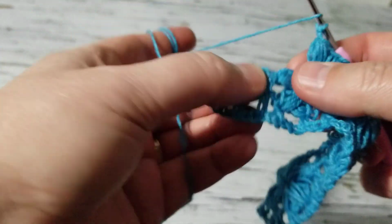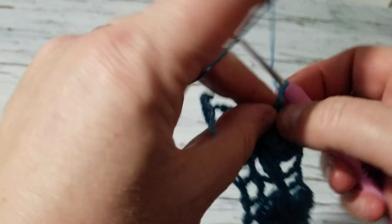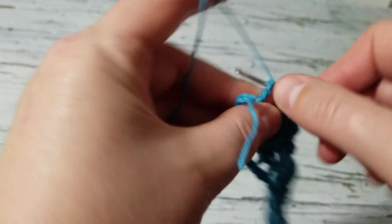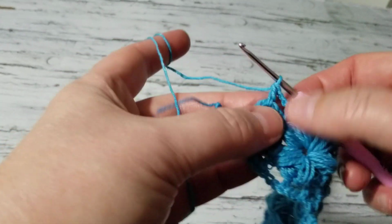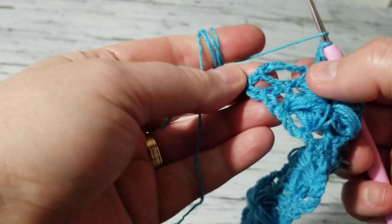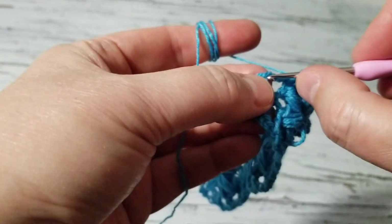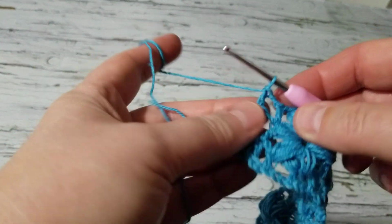Okay, so I'm going to come here and then make a double crochet. Sorry, I just need to figure out which crochet hook to use. Chain 2 and then I just come and make a double crochet right there. Or you can go in between, like there's 6 chains, right? So count 1, 2, 3. On the third, go and make a double crochet. You can do that as well, but I just do a double crochet